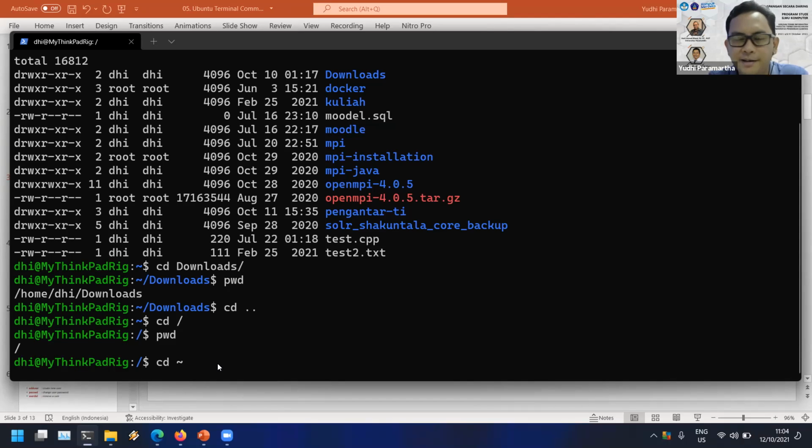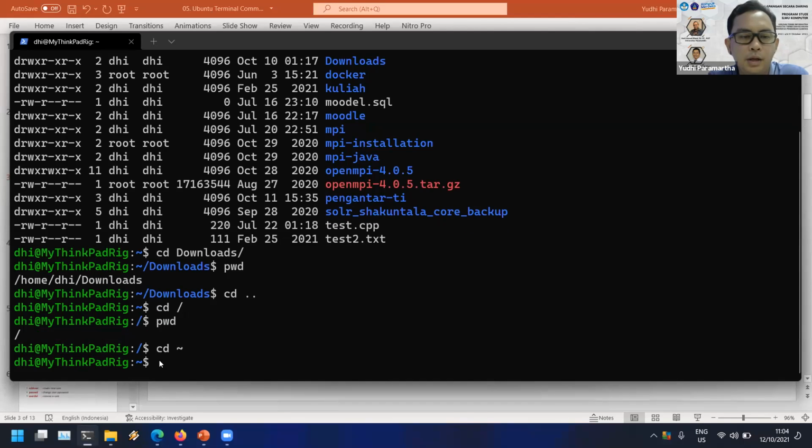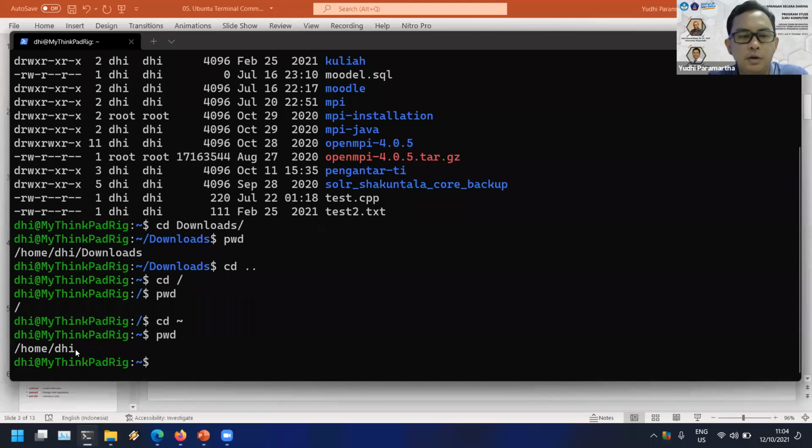But when you use this command, it will go to your home directory. For example, this is your home directory. So when we use cd and this character, you will go to the home directory. You have to know about this because we will use this command on many occasions.